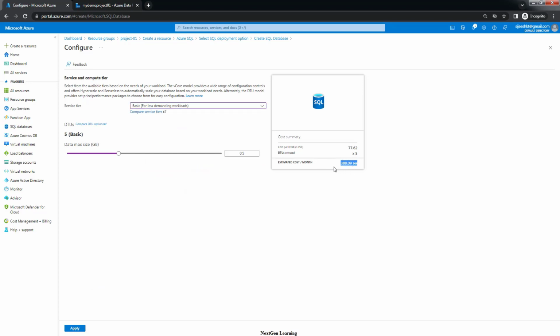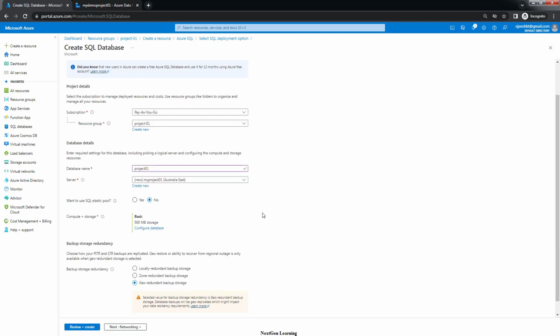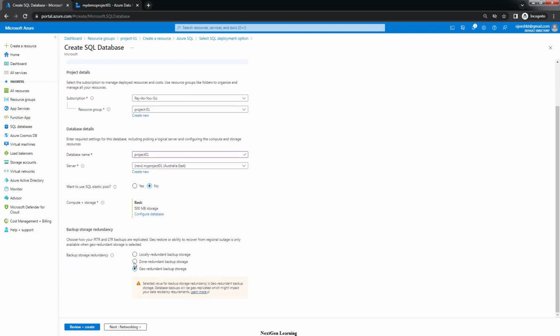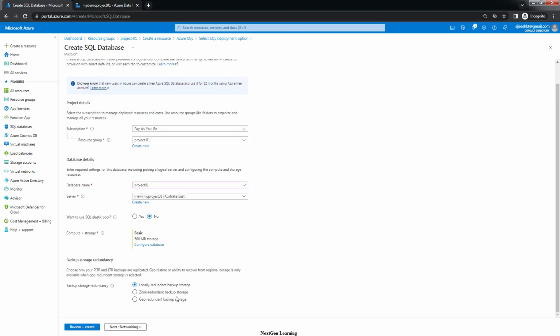Okay, and maximum data size, again in our case we don't have much data, so choose this option. This is okay for our requirement. And the backup and redundancy, again choose the locally redundant backup and storage because that will be cheaper. Zone redundant and geo redundant are higher redundancy options, so we don't need that